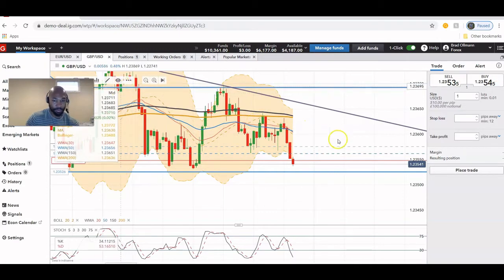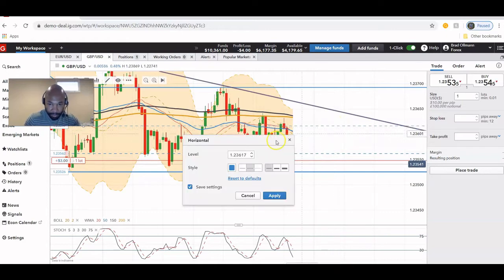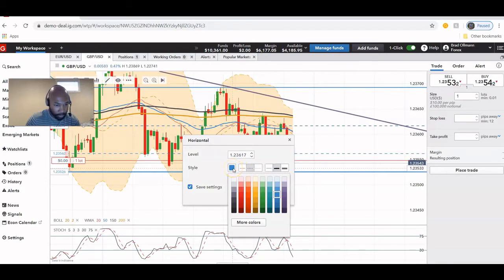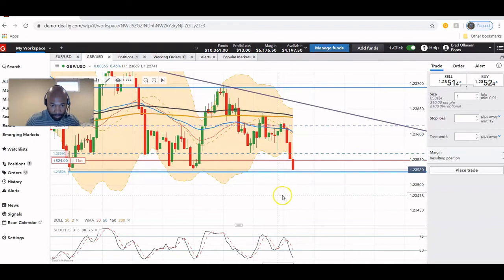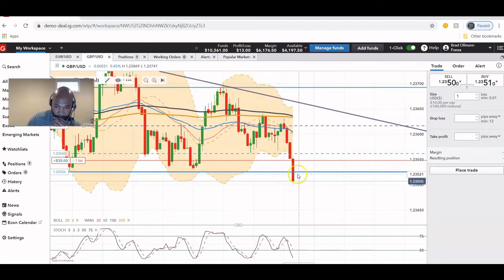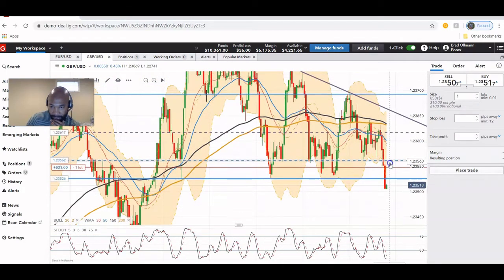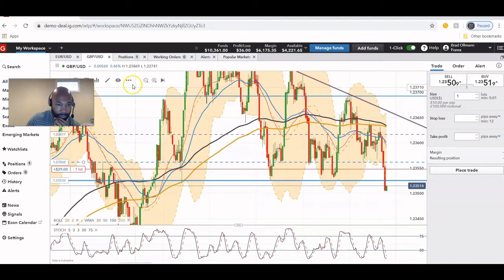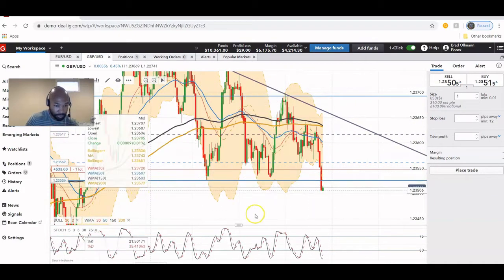What I'm going to do, just for visuals, I'm going to keep a line here as a reminder, and we'll have it be purple dotted. Okay, 1 pip. Okay, crossed. Now let's see where it might go. For that, I like my support line. Something I do in order to, right now it's 3 pips.